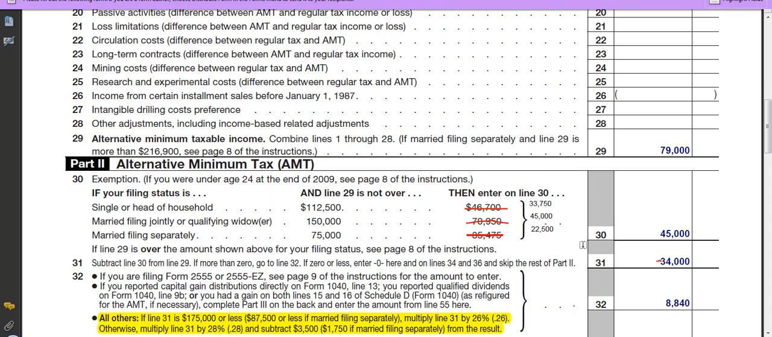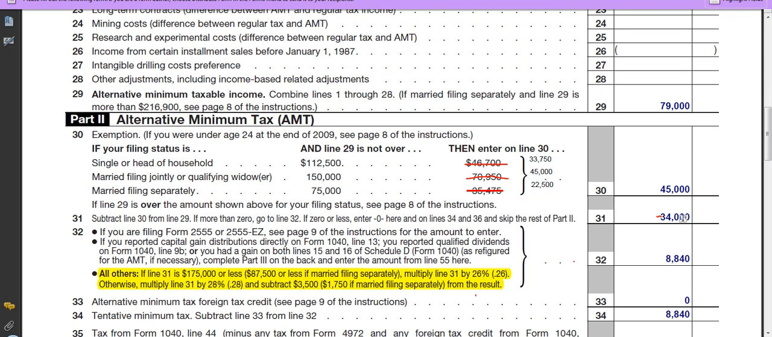These are the exemptions right now holding for 2010 as we wait for Congress to pass a patch. For married filing joint, it is $45,000. And that's a $25,950 decrease from 2009. And what that will leave us here as a remainder now is $34,000, which, following the instructions for line 32, will be multiplied by 26%, giving us